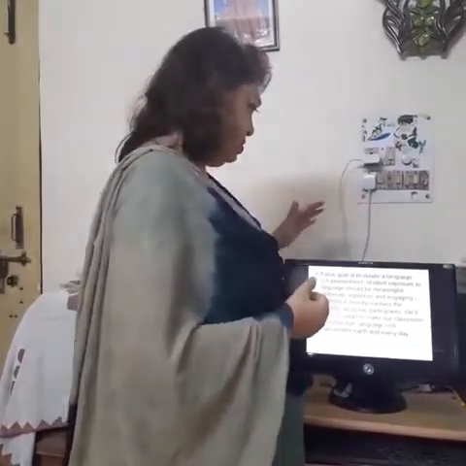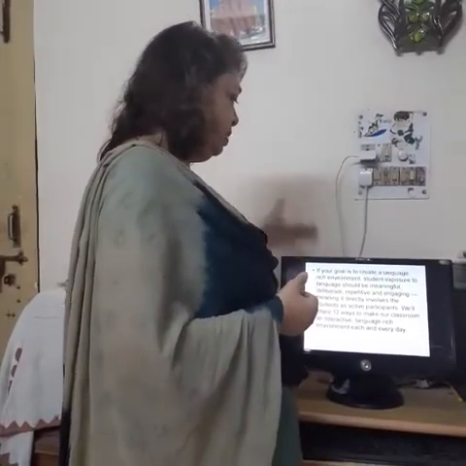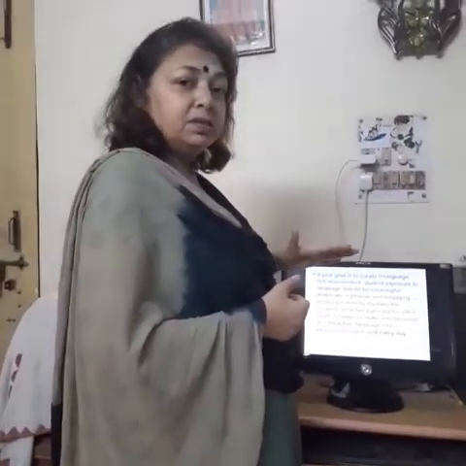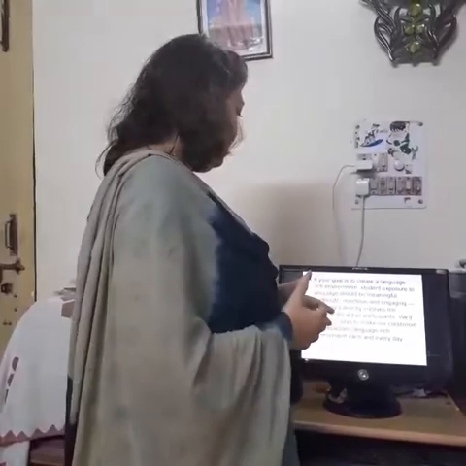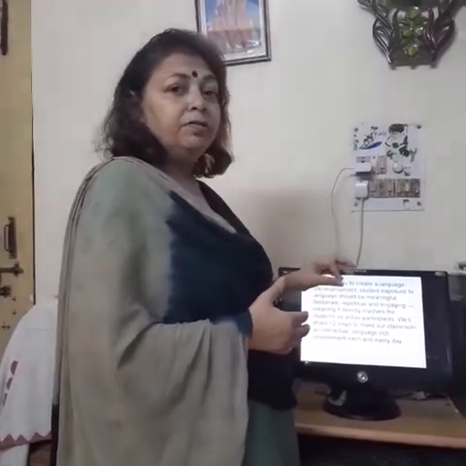When we say repetitive, we want to see children repeating the text again and again so that the words are memorized in the brain and they can use them whenever they need those words. At the same time they are engaging themselves in meaning. It directly involves them, so whenever they need to use these words, they are able to use them properly. Okay. And participatively, we will learn this type of thing.